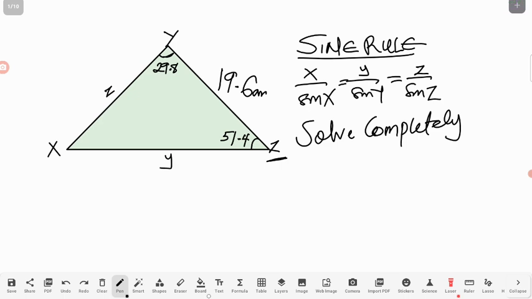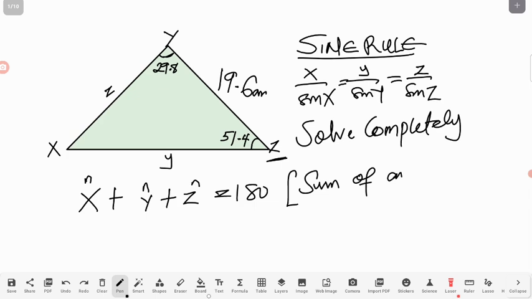The law lets us know that the side x over sine x is equal to side y over sine y, which is equal to side z over sine z. So, if you are to solve this completely, you have to consider that angle x plus angle y plus angle z must be equal to 180, which tells us that the sum